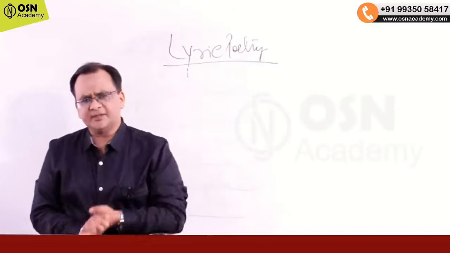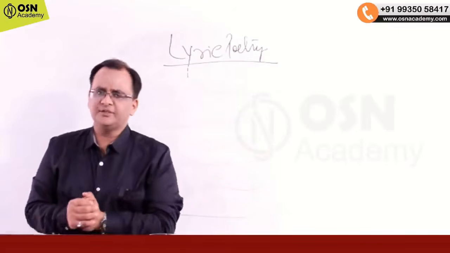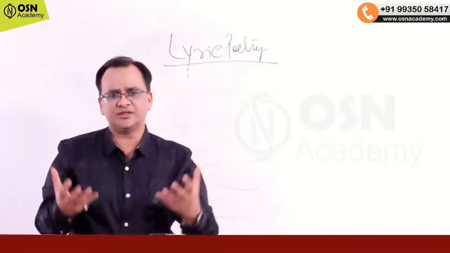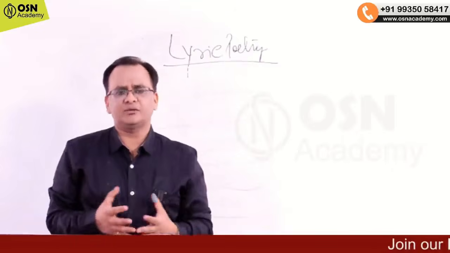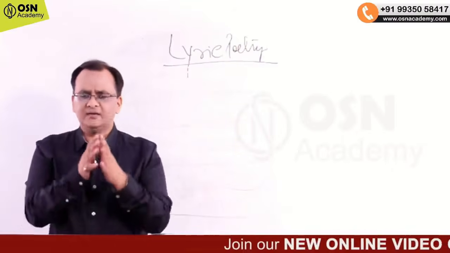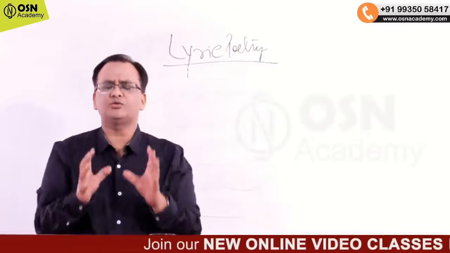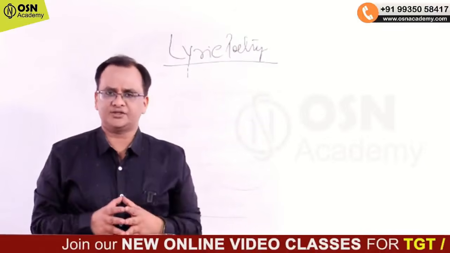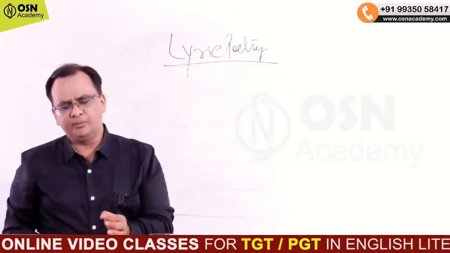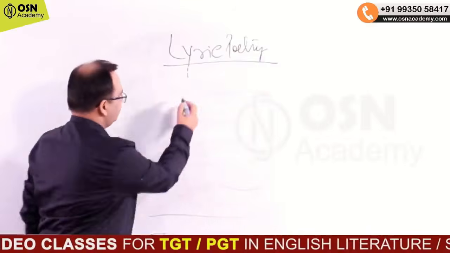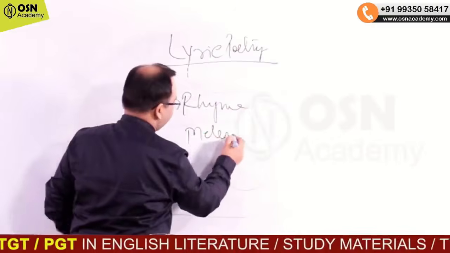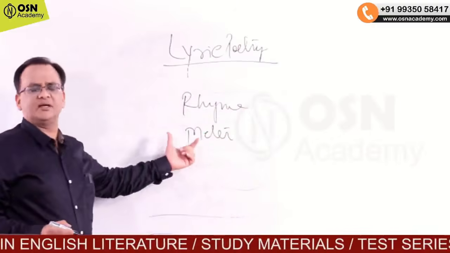सबसे पहले बच्चों ये याद रखिए कि लिरिक पोएम हमेशा एक शॉर्ट होती है, छोटी कविता होती है, एंड विच इज हाईली म्यूजिकल, बहुत म्यूजिक उसके अंदर होता है, बहुत मेलोडी होती है, साउंड होता है, और ऐसा वर्स होता है which is always going to convey powerful feelings. A lyric poem will always convey powerful feelings, and the poet may use rhyme, may use meter, rhyme इस्तेमाल कर सकता है, meter इस्तेमाल कर सकता है.